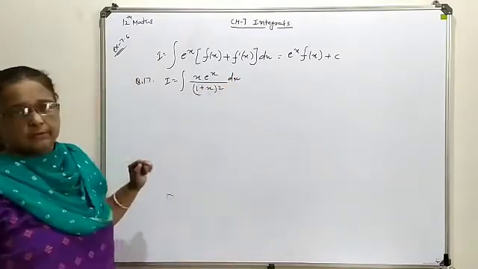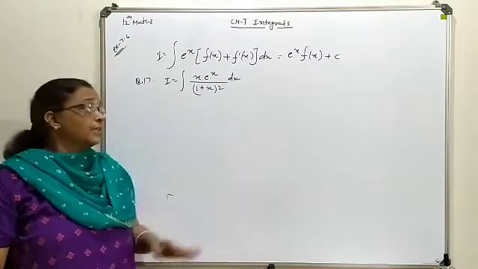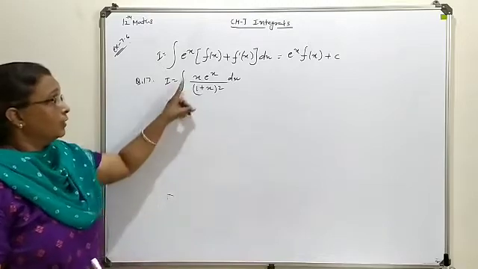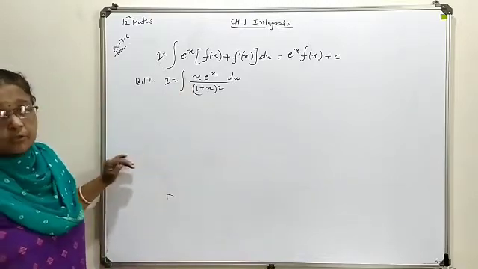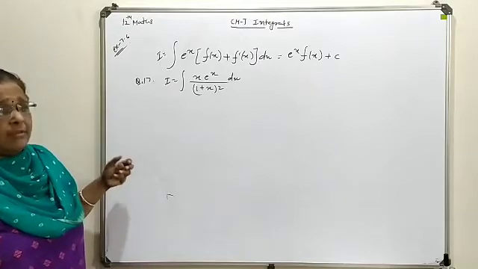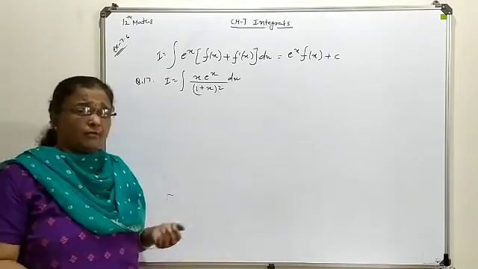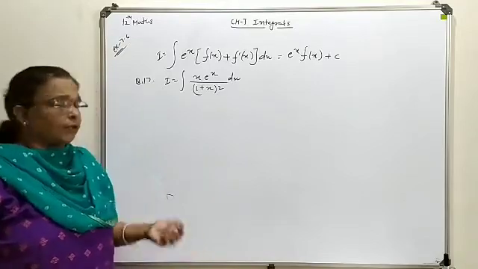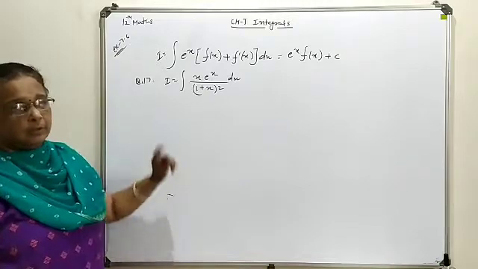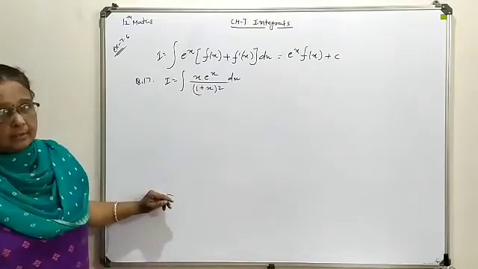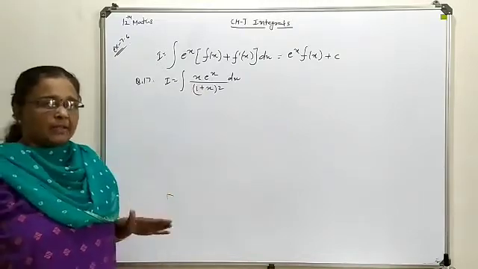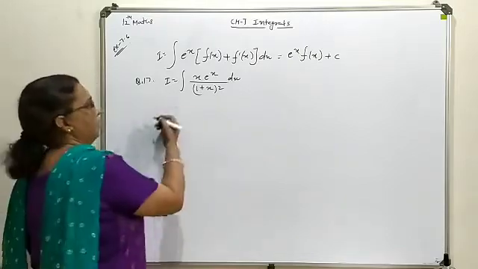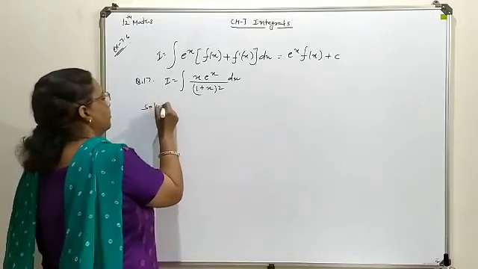The first idea to implement this form is the presence of e power x with the x combination. So first of all, we try to generate this numerator x in such a way that it can be produced as a two function form, one of them being the differentiation of the first one. Here 1 plus x is available, while the numerator contains x. So if you make plus 1 and minus 1 in the numerator x, the required term can be generated. So in order to do that, we write the solution of this question.